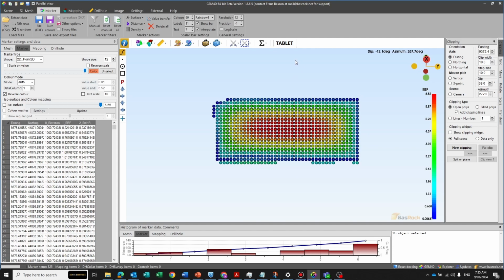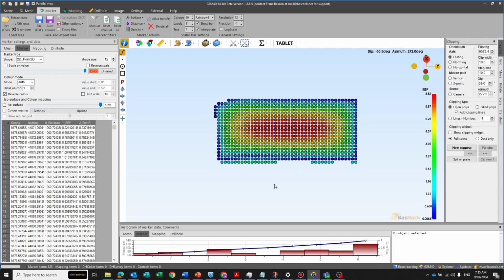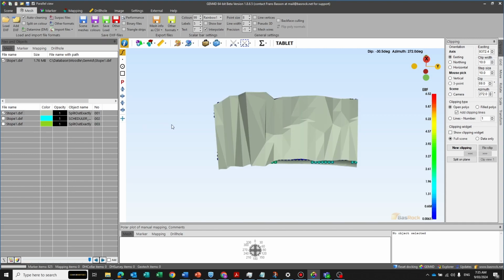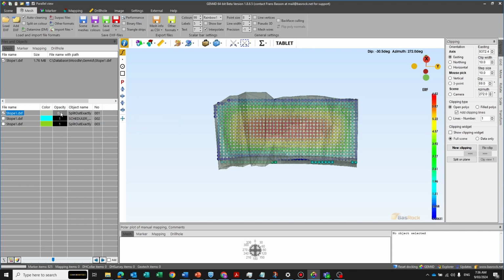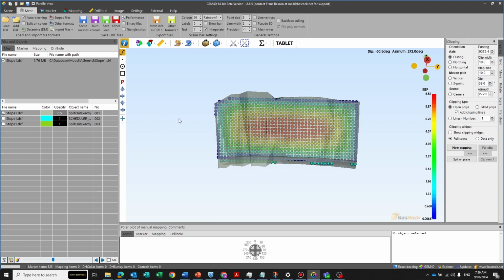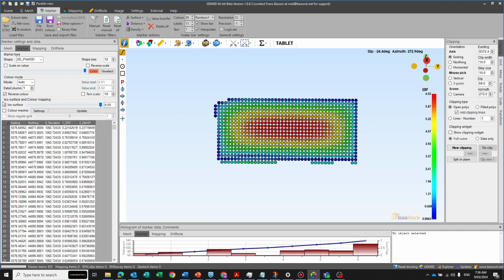Now you can save that if you want to as a DXF, but it doesn't seem to then come back as this. So you've got your marker points, just keep it as marker point files. Burning colors, I've tried that, it's not that effective. If you want to show the colors on the outside of the mesh, click your mesh on, and you'll see that's down through the middle of the mesh. And the way to project those colors onto the outside of the mesh, go back to marker and